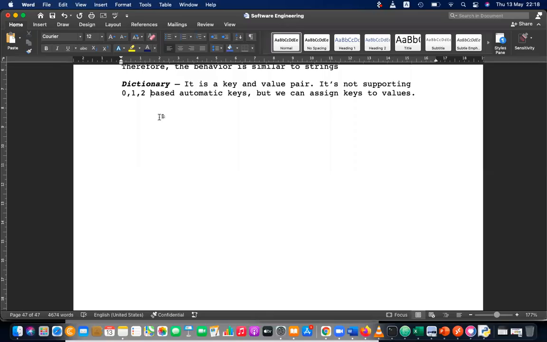So next day we will discuss about sets, file reading and writing. Also, we have to discuss about iterating through lists, tuples, and dictionaries. Iterating through lists, tuples, and dictionaries. So we will do that part next day.